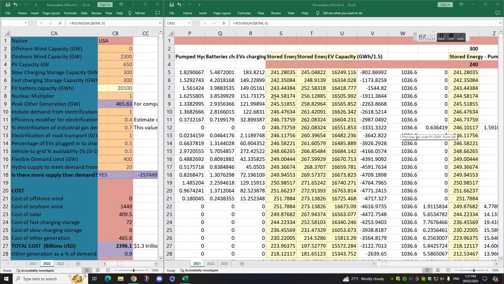I've also got an Australian model, but it works a bit differently than the ones I have for USA and Germany. So in part 1 I described how to use the inputs for the wind and solar generation, how to vary them, and for slow and fast charging storage to supply 100% renewable energy to a grid to meet demand. If you have not watched part 1, you should do so, otherwise some of this might not make much sense. In part 2 I'll explain how we can